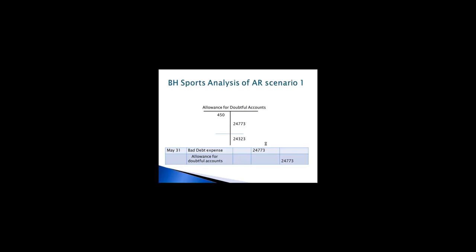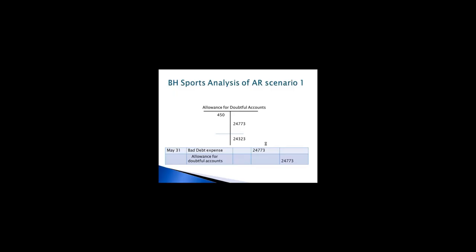And so that's the ending balance we would like to have in our allowance for doubtful accounts. So if we assume that our allowance for doubtful accounts before our adjusting entry has a debit balance of $450, in other words, we wrote off $450 more this past period than we anticipated we would have to,